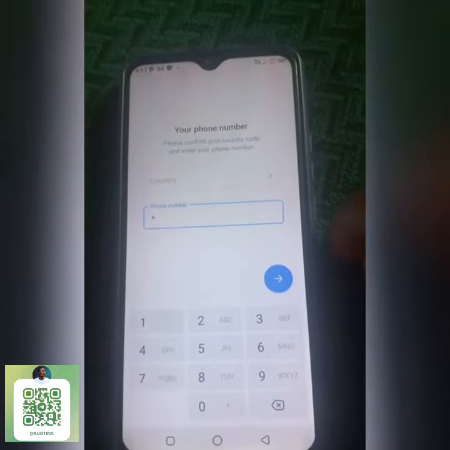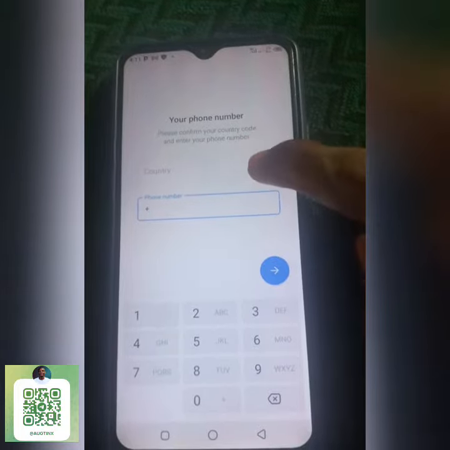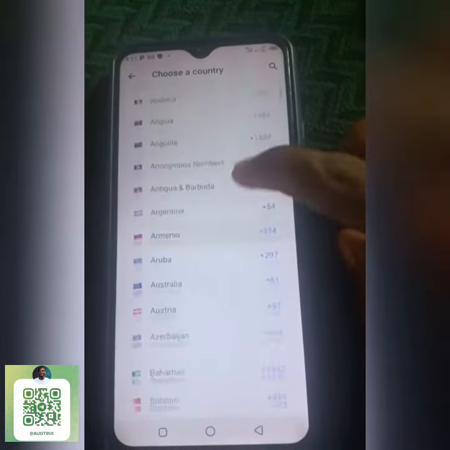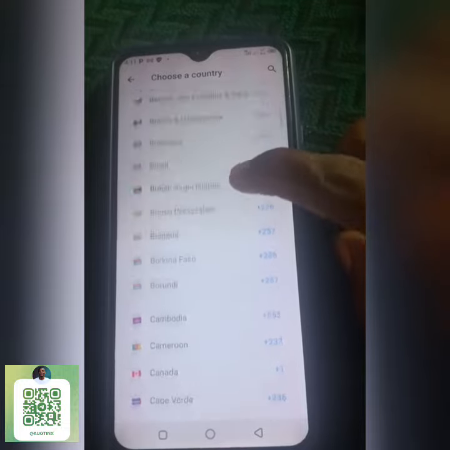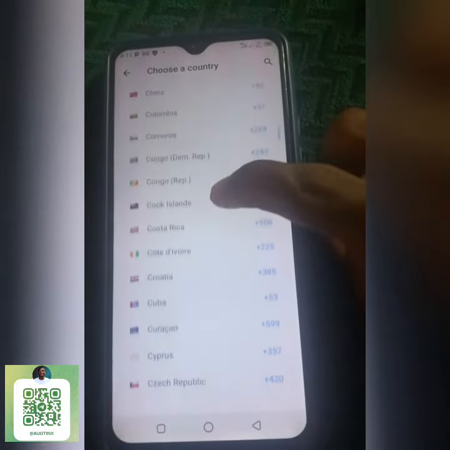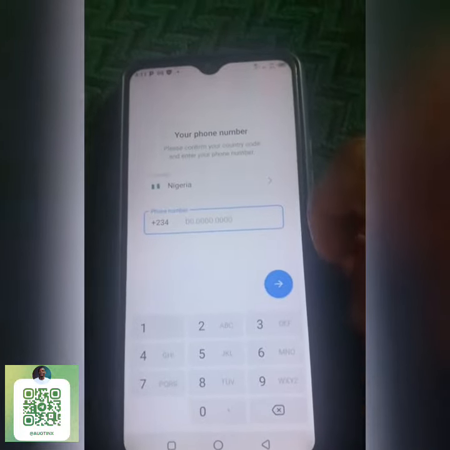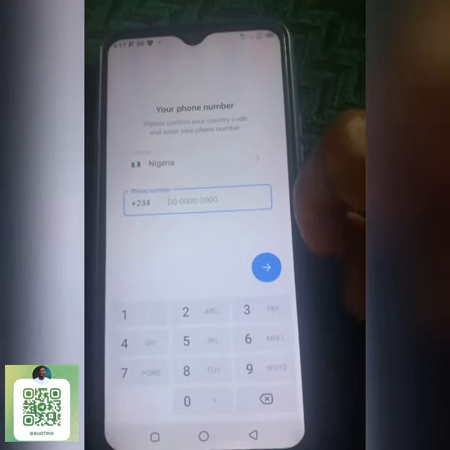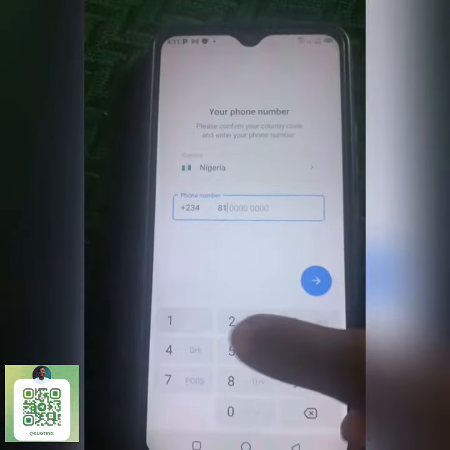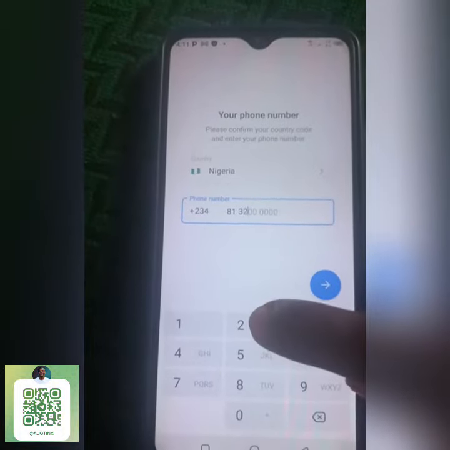Alright, so here you have a country tab. Click on the tab for country, and then scroll down to search for your country. After you see your country, click on your country. Then you can see that your country code has been highlighted, and then now you can start to input your